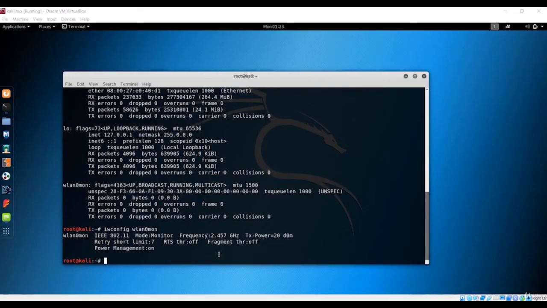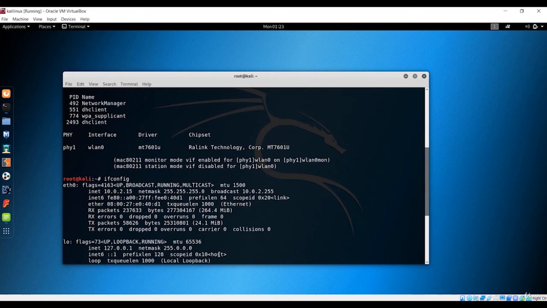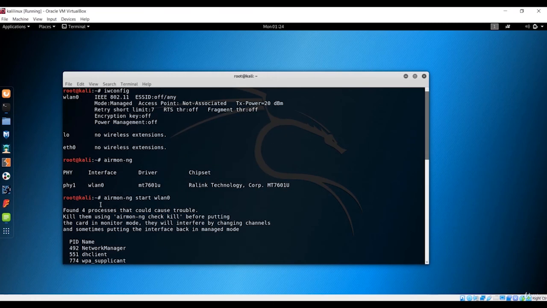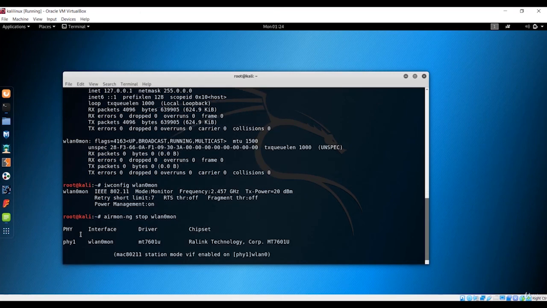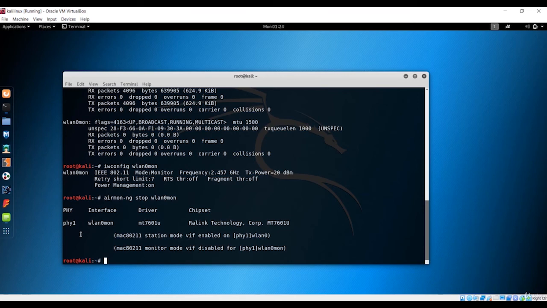Welcome to this lecture. In the previous lecture we saw how we can get from the manage mode to the monitor mode using the old method of airmon-ng. What you need to do now is, after you start airmon-ng, you can also stop it using airmon-ng stop. In this case we don't have wlan0 as the interface, because you can clearly see we have wlan0mon. So if I hit enter, our interface is back to normal.